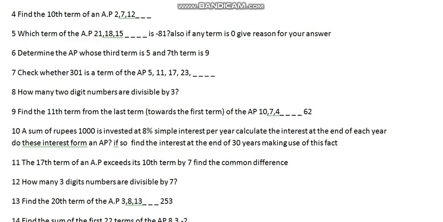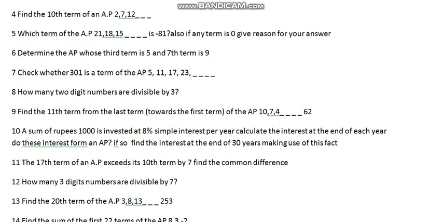You are given 2, 7, that is, you are given 3 terms. From this one you can easily find out the first term A and the difference, and you are given the 10th term they ask you to find, that is n is equal to 10. Very simple. This may be asked for a 2 marks question. You will get similar questions, exactly 99%. I can assure you that you are going to get this type of questions only.